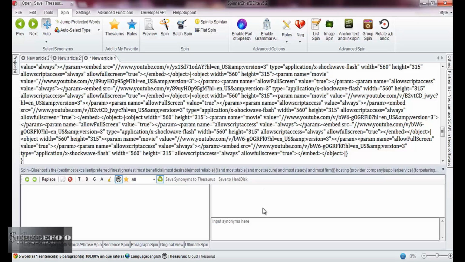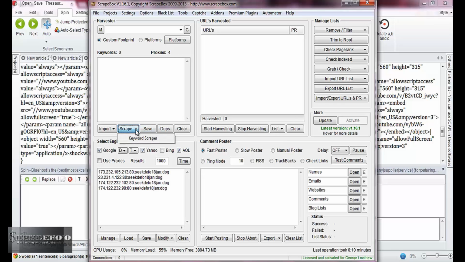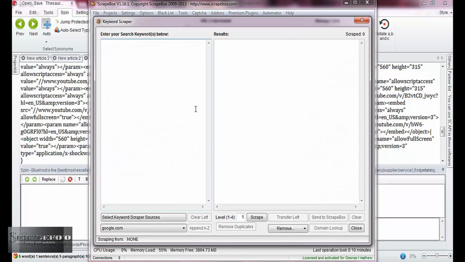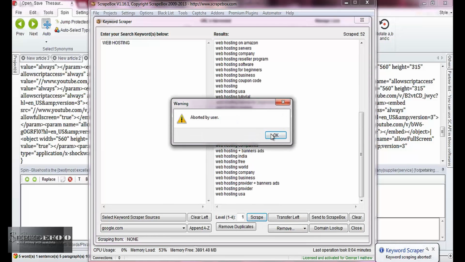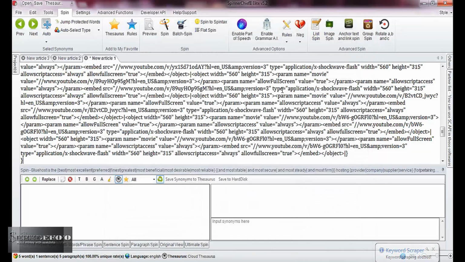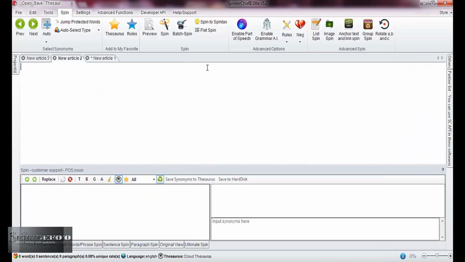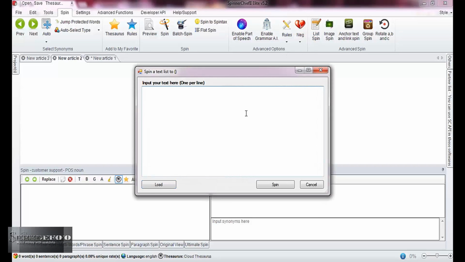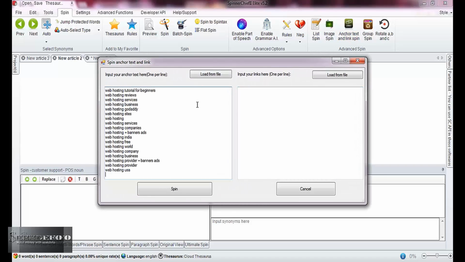Next, what we are going to do is get some keywords. So we will go for Scrapebox and web hosting again. That would be enough. See, and close that. We would go to new article, list spin, and no, we would go for anchor text and link spin, and we would input our anchor text here, and we would input our sites like